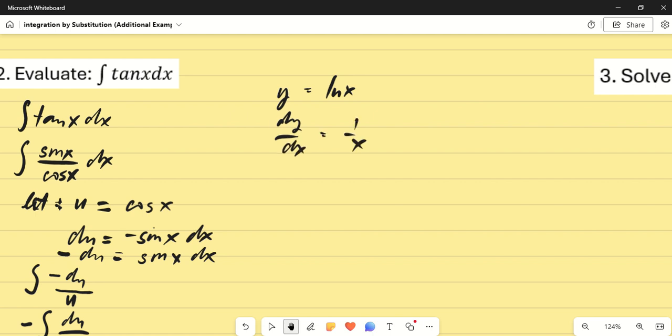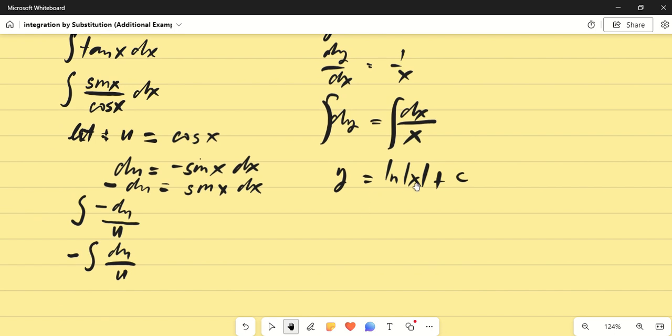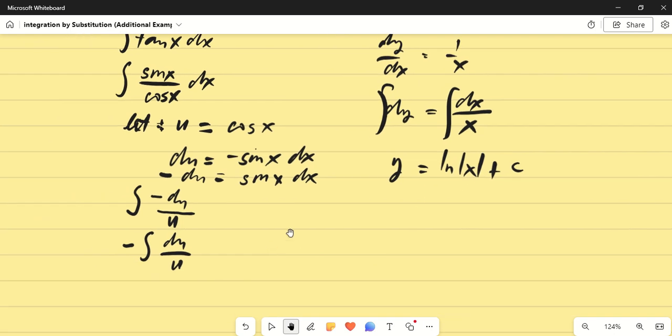Then if we do the reverse, you get the integral of this differential equation dy over dx is equal to 1 over x. You cross multiply, so you'll be having dy all over dx. You write your dx now here all over x, or 1 over x dx. You get the integral. Okay, definitely your y here is ln of x, or ln of the absolute value of x plus the arbitrary constant. Okay, so you can apply this here in our example.